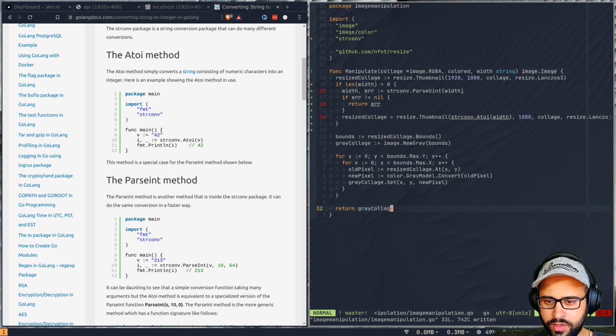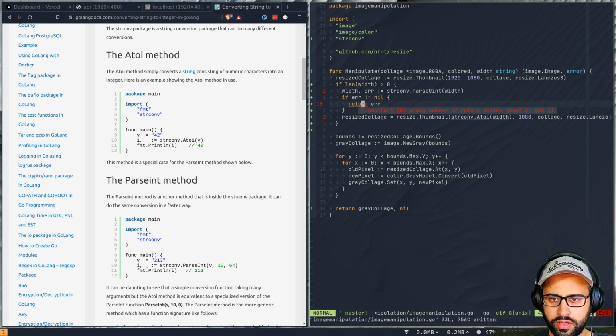So let me do a nil here, and then over here we also want to return an error. Let's wrap it in parens. So now this is returning an error, but it should return nil and an error. Right, so this is now happy, but then